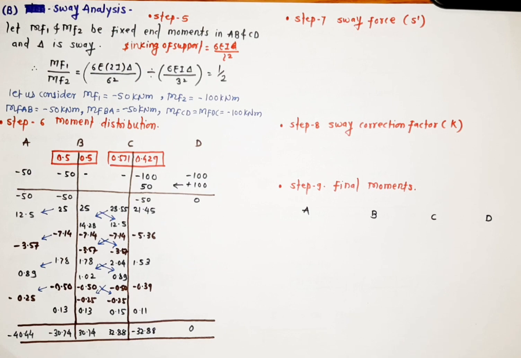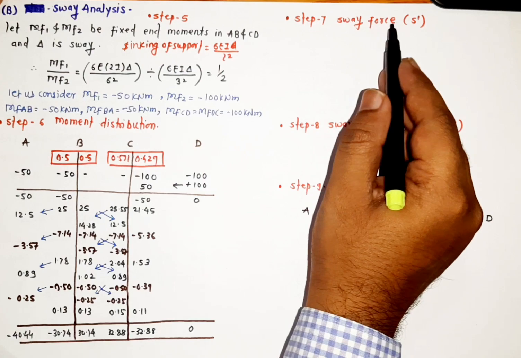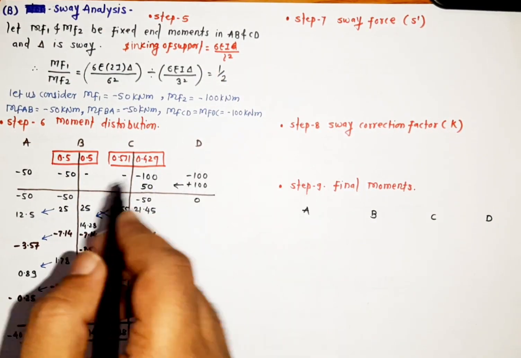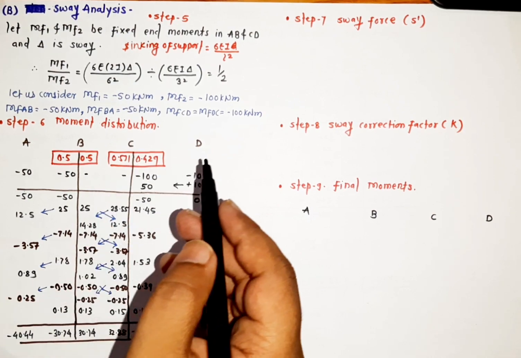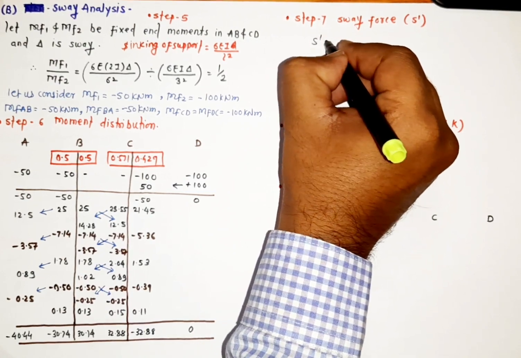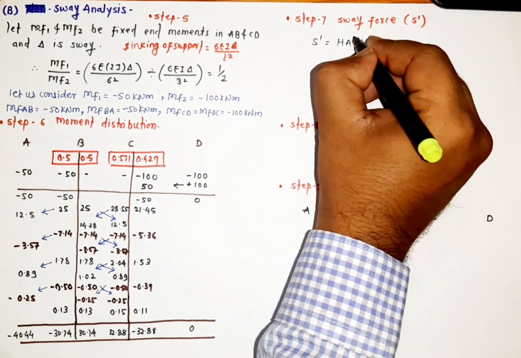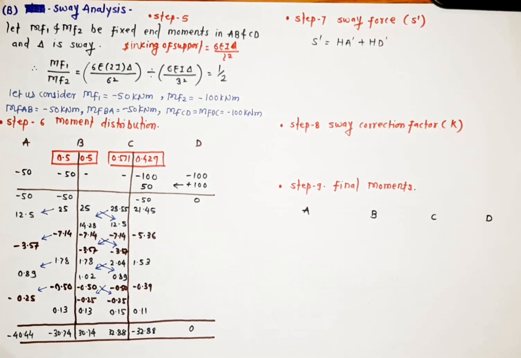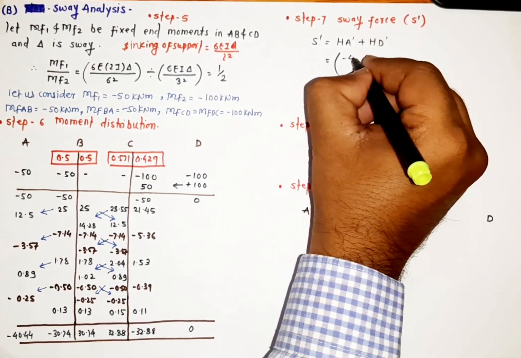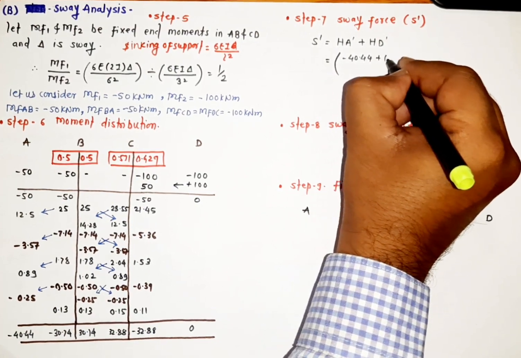Later on, our next step is that we have to do a sway analysis, that is we have to calculate a sway force for sway analysis. Earlier we calculated sway force for non-sway analysis. Here we have to calculate a sway force for sway analysis. This can be the same: S dash is equal to HA dash plus HD dash. So ultimately this is the addition, that is nothing but minus 40.44 plus minus